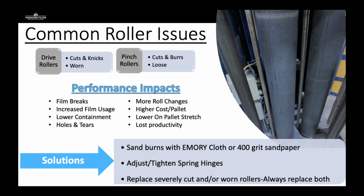So common roller issues, we see this every day. People will have issues with their stretch film equipment. They're not getting enough stretch on the film. It seems very loose. It doesn't have great containment. Traditionally, that's going to point to an issue with drive rollers or pinch rollers. So the common roller issues that we see for drive rollers is having cuts or nicks, or they're very worn down. So you can see in the picture to the right,